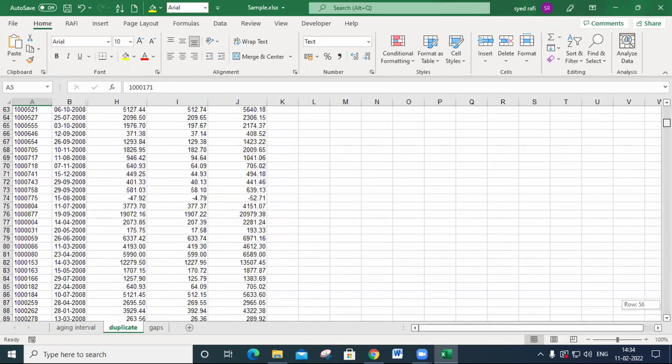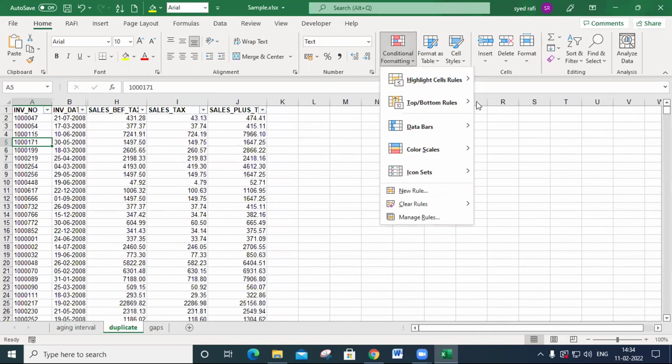That's why I'm saying, without using these two options, you may define your own style. So I created a COUNTIF. I want to check the formula I gave. Whenever you define a new rule, if you want to cross-check it, simply click on Manage Rules.